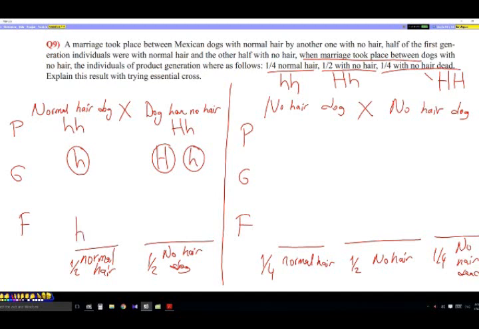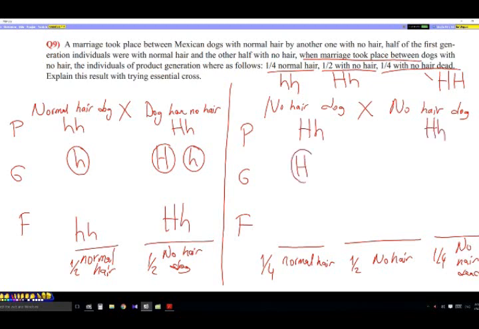So fertilization: small h and small h gives normal hair. Capital H and small h gives no hair but a living dog. In the second case, when two no-hair dogs are crossed with one another, each no-hair dog, being a hybrid in genotype,